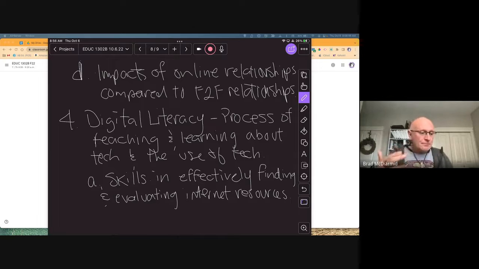Like I said, some of us are much better at finding stuff on the internet, or finding out about whatever it is that you want to find out about. But it's also a skill that we need to teach kids. Just like we teach them to go down to the library and how to find a book and all that jazz, we need to teach them how to do that online, right? There are a lot of similarities between the two things we're doing here.